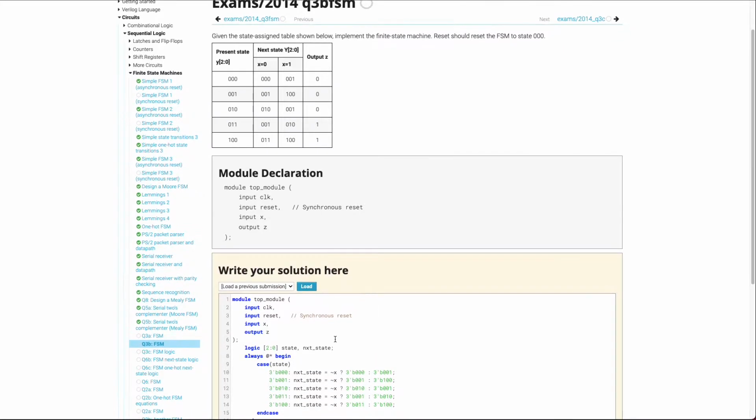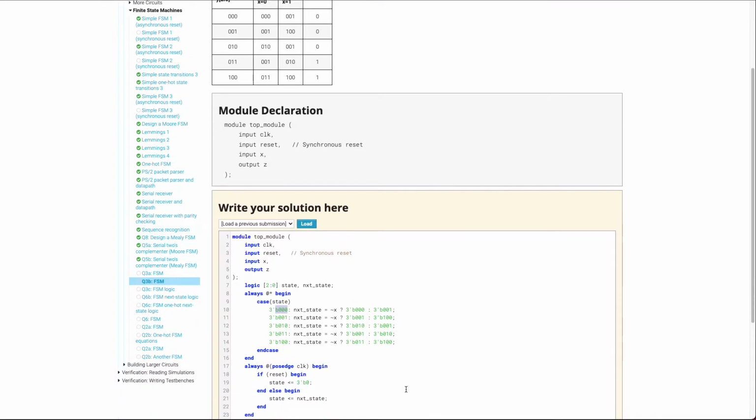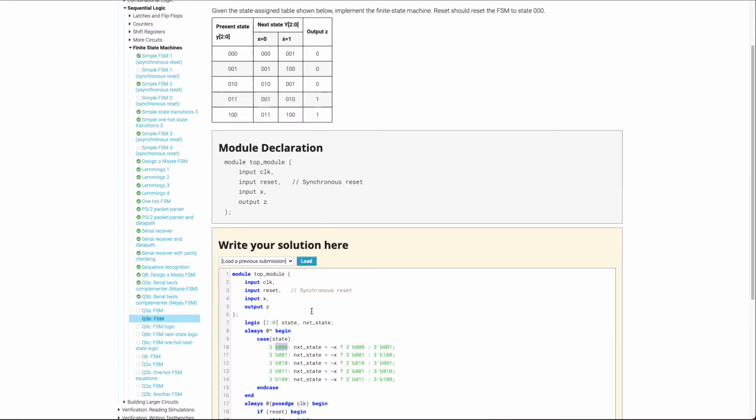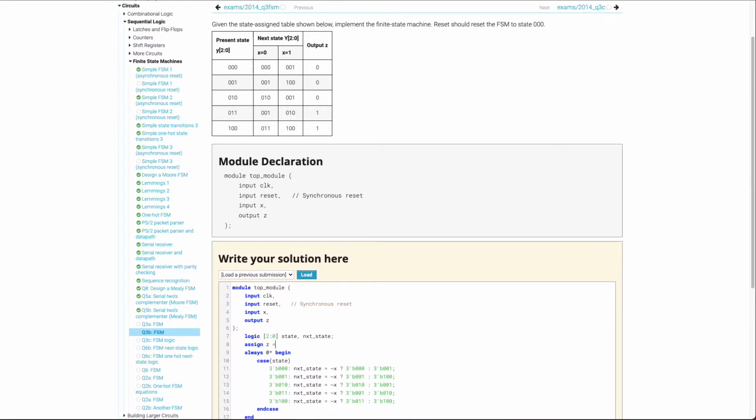Let's double check. So 0, the next state will be 0 or 1. 1, it'll be 1 or 4. 2, it'll be 2 or 1. 3, it'll be 1 or 2. 4, it'll be 3 or 1. Lastly, if present state is